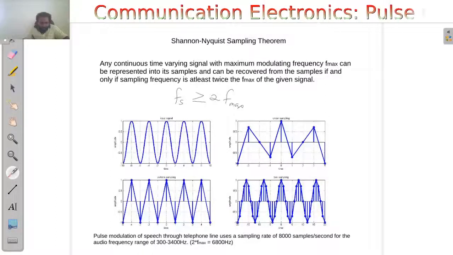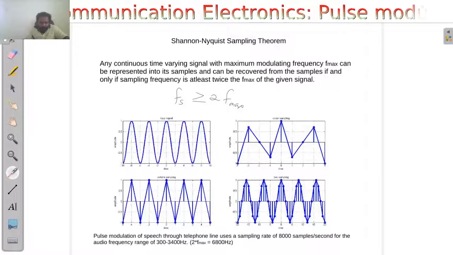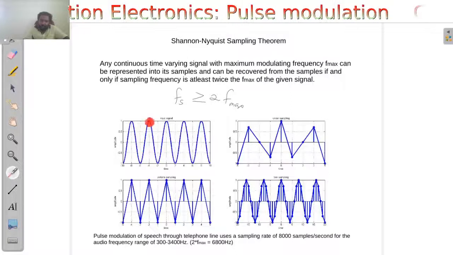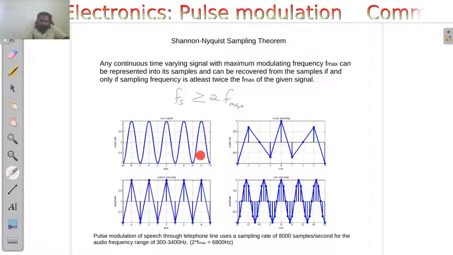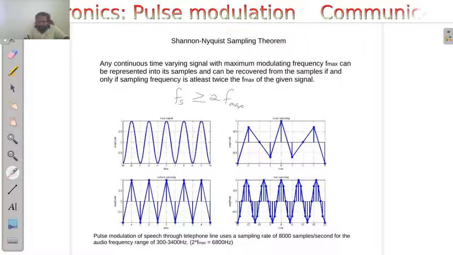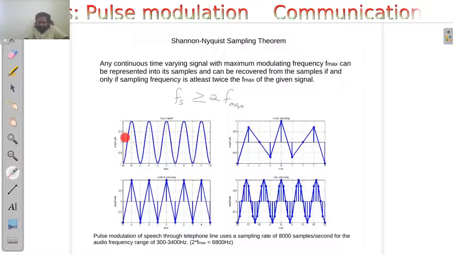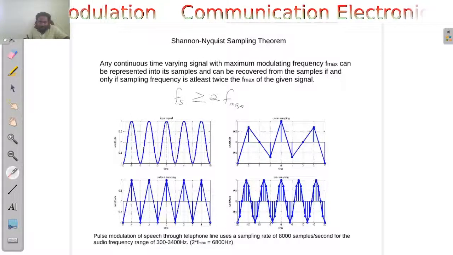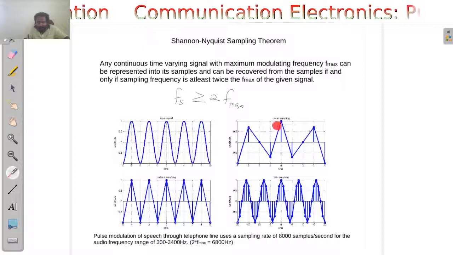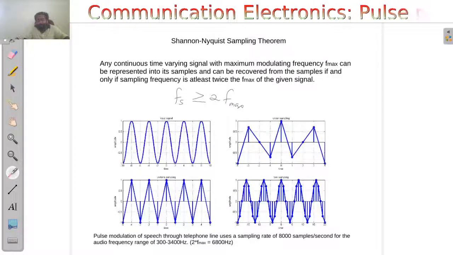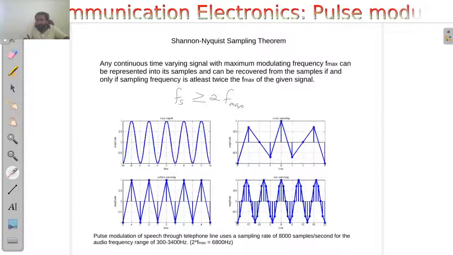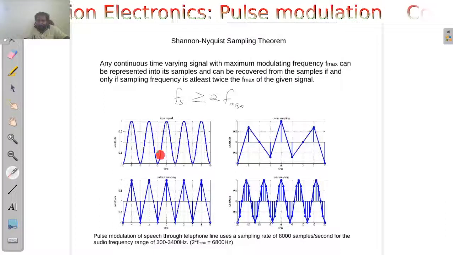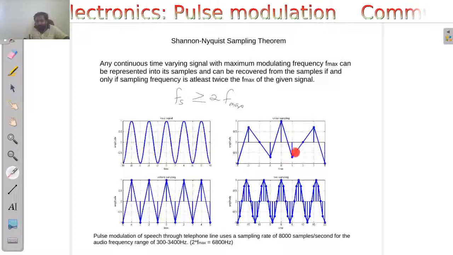And let us see what is happening if you undersample a signal. So this is your signal. It is a sine wave of a particular frequency. It oscillates like this. And when you undersample, that is, you take samples rarely. Okay, one sample here, the other sample here, the other sample here, the other sample here, and you connect the dots, then you get something like this. And this is the end or the received signal that you are getting at the end point. So this is not the signal that we are trying to transmit. It is a sine wave, but you are getting some kind of a random wave here.